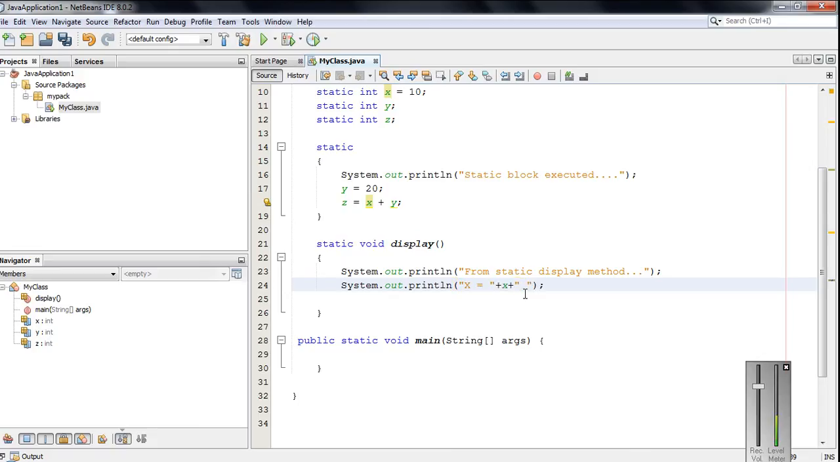Second one is y, value is y, and the last one is z, and the value is z. Okay,